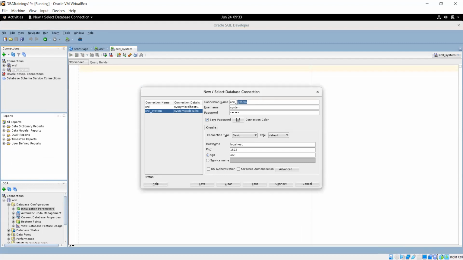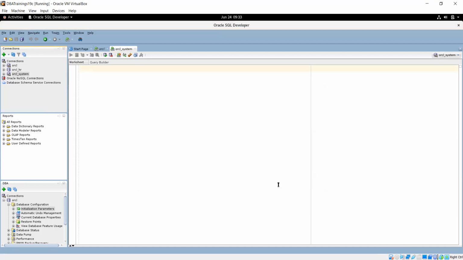The name is SQL Developer, but believe me, we are using this for our monitoring also. So it's not the earlier version; this version is completely changed. The username I have changed and then I'm testing, success. So multiple connections can be used depending on my business need. Okay. So I have a system user.